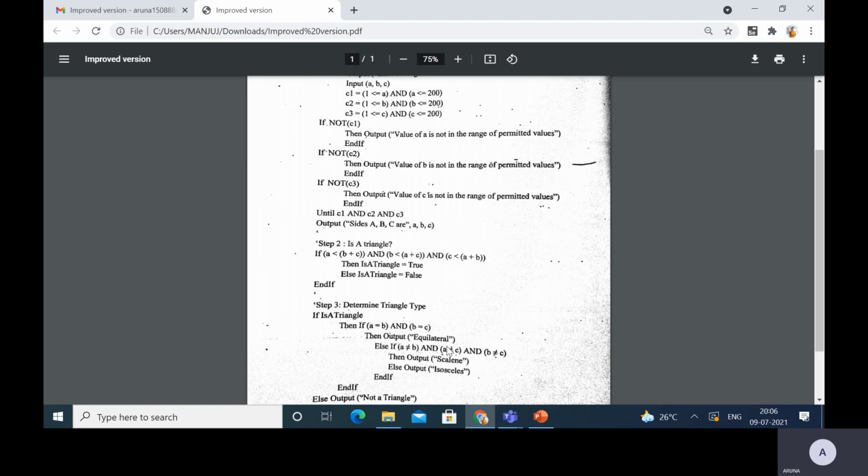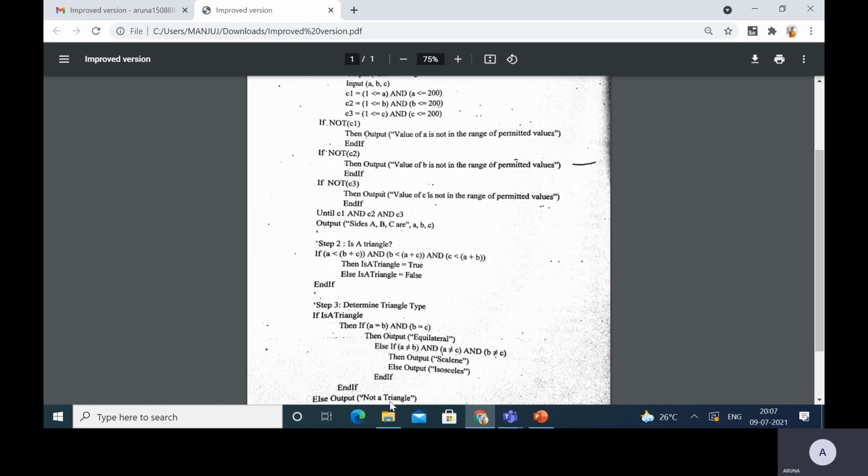Then A not equal to C, 3 not equal to 5, condition true. Again B not equal to C, 4 not equal to 5, condition true. Then it will output the scalene triangle. So this is how we can determine the type of the triangle. Since we have read 3, 4, 5, none of the sides are equal, so you can say it is a scalene triangle.